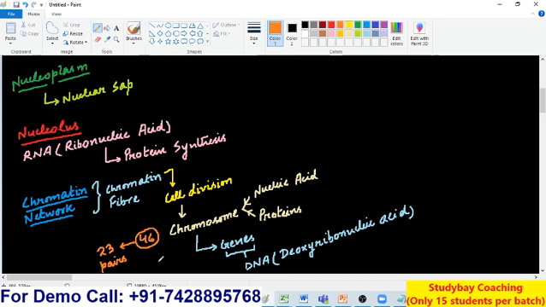So this nucleus regulates all the life processes of the cell, and that's the reason it is also known as the control center of the cell. And this nucleus, as you have already seen, plays a very important role during the cell division, because through cell division the characteristics are transferred from one cell to another cell, and this is done by the nucleus itself. So that's why the nucleus is considered to be the control center of the cell.